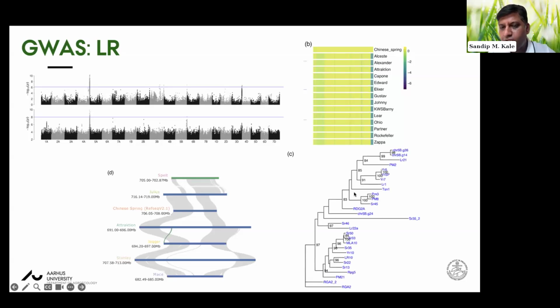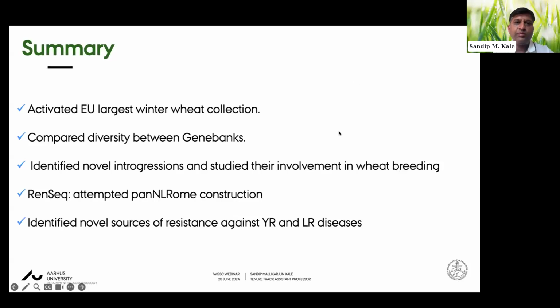We also carried out phylogenetic analysis with resistance genes already known in wheat, and the NBS-LRR from this 5B was closely related to the Lr21 gene reported earlier. To summarize my talk, I hope I convinced you that the genebank-based analysis was helpful to